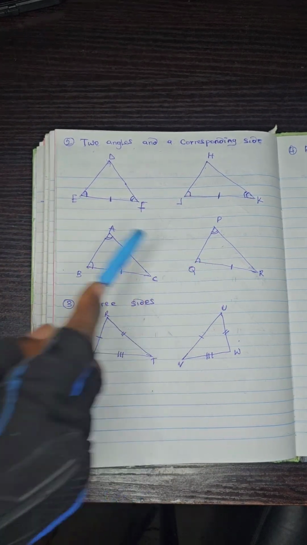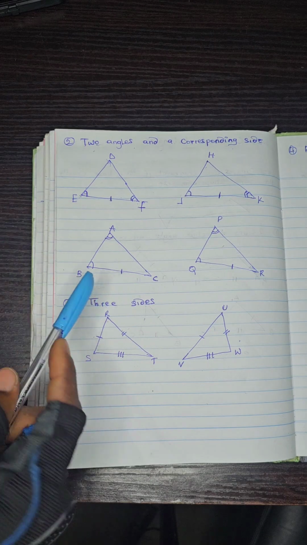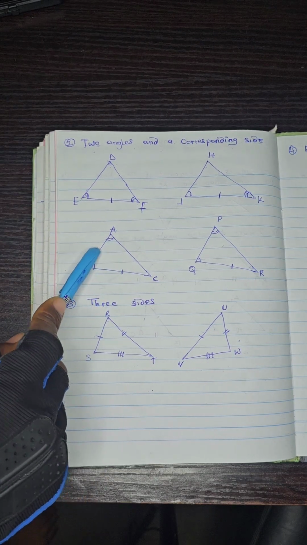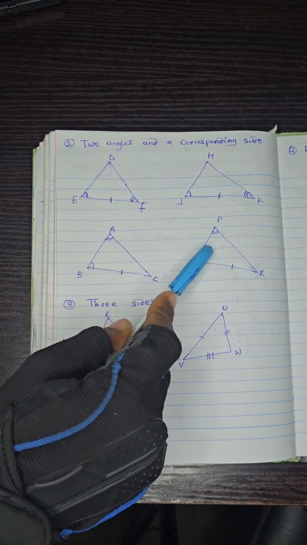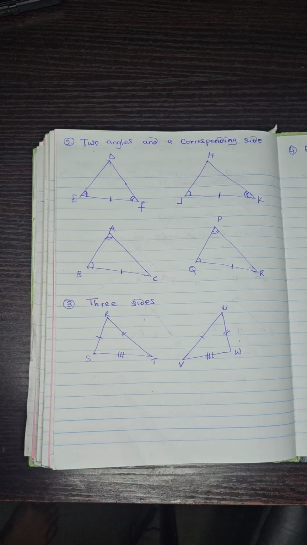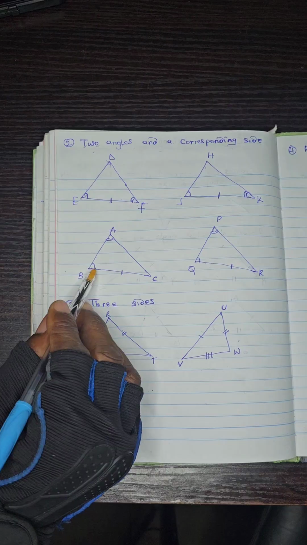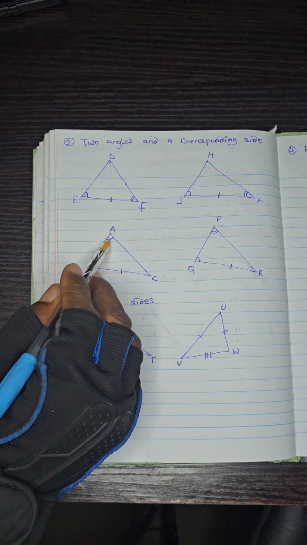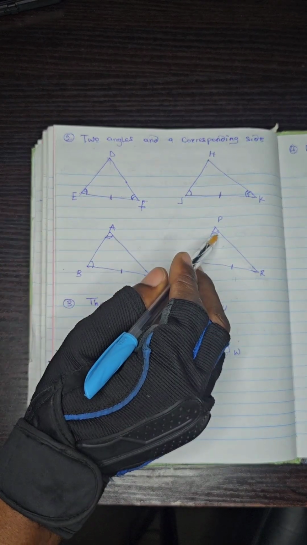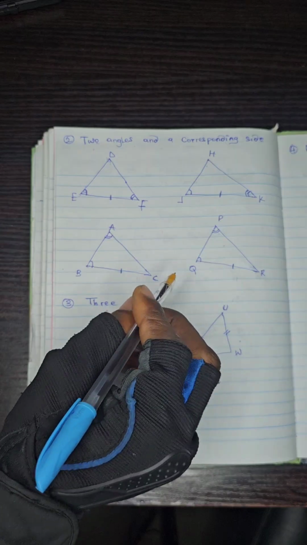But there is a trick here. Is this a congruent triangle? Some will say no, because this side is not corresponding, it's not in between these angles, right? But there is a trick. The trick is that so long as this angle is equal to this angle and this angle is equal to this angle, since it's a triangle we are talking about,